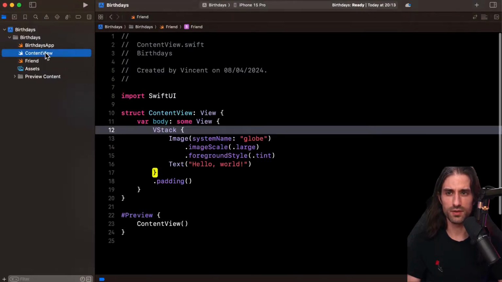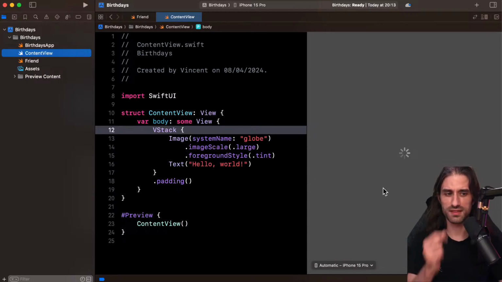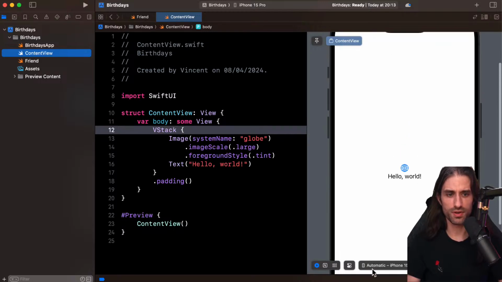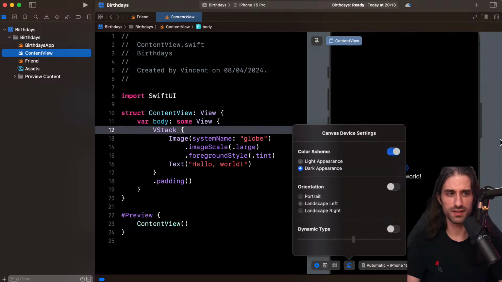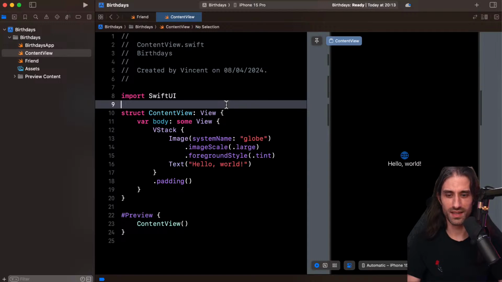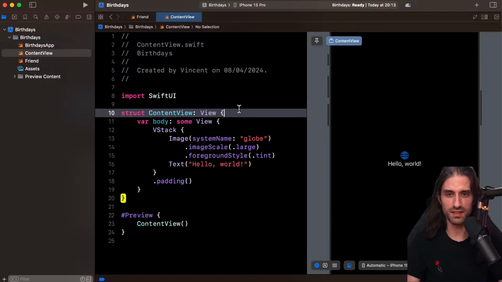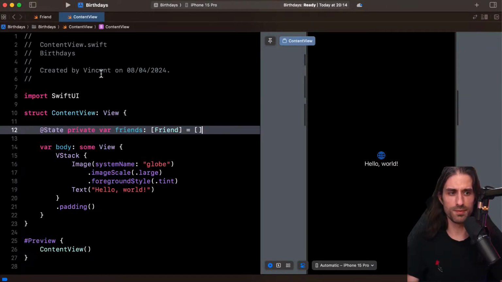All right, so let's go in the content view. I'm going to resume the preview, and I'm going to try and make it so that you can see it, and also make it dark mode. It will be better. So okay, you can see the preview. Just going to make it like that, dark appearance. Yes, that's better. All right, so I'm just going to copy and paste because it's going to be easier and there is less risk of me making a stupid mistake. Okay, with a bit more room like this.